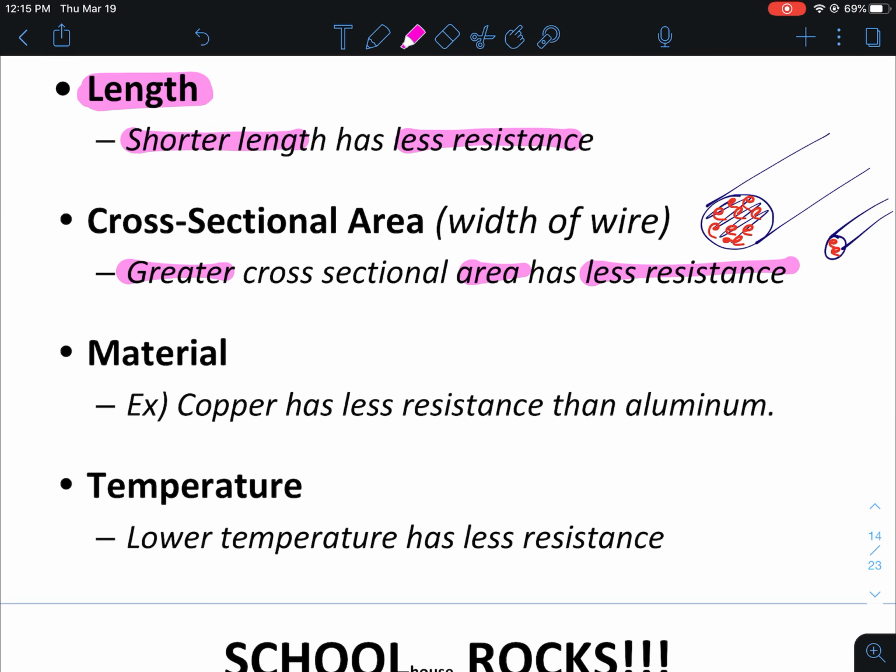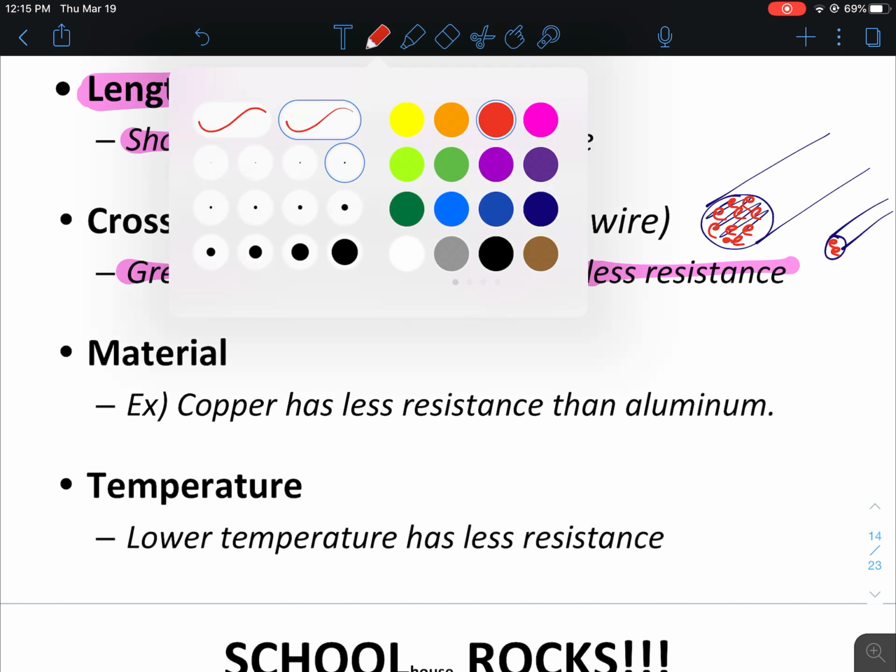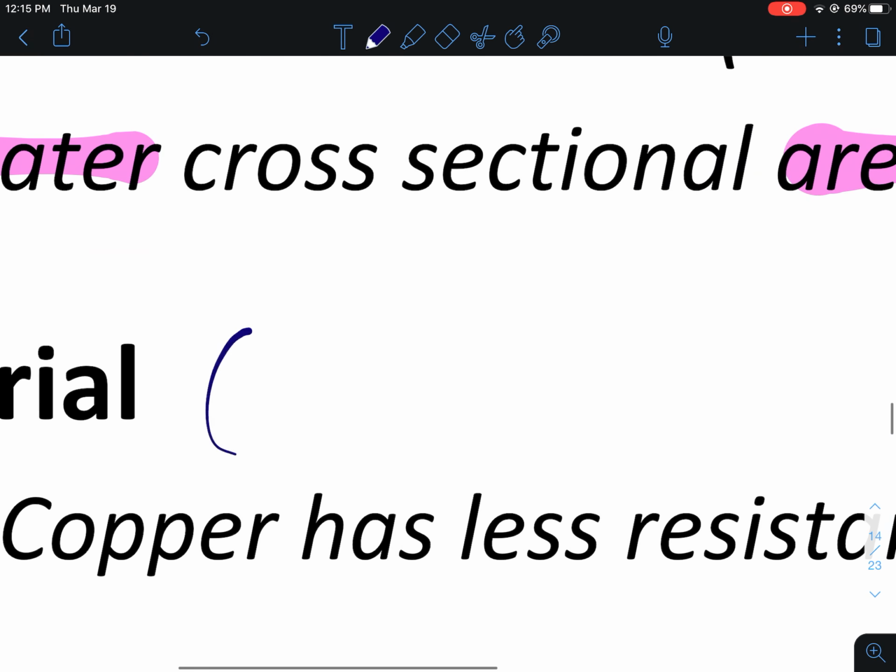We talked about this already, but material, absolutely material. Metals tend to be